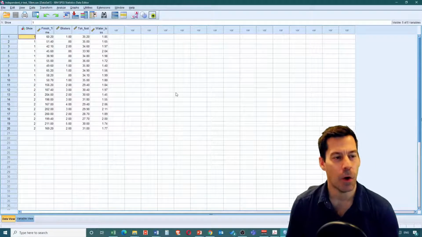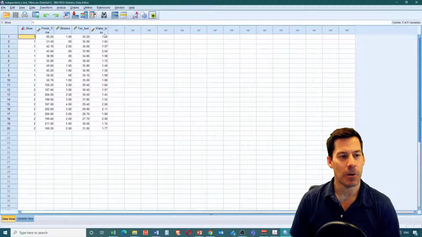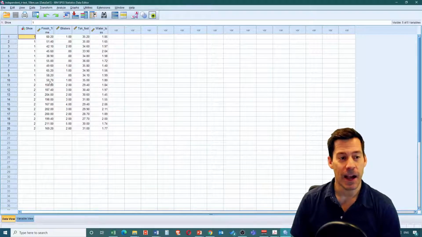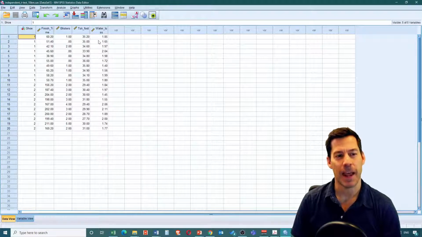Our variables are shoe, so we've got either shoe 1 or shoe 2, and in this case it's shoes versus flip-flops. This is our finishing time in minutes, number of blisters experienced, and then skin temperature of the foot and water